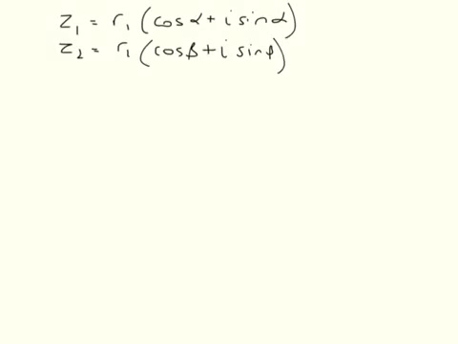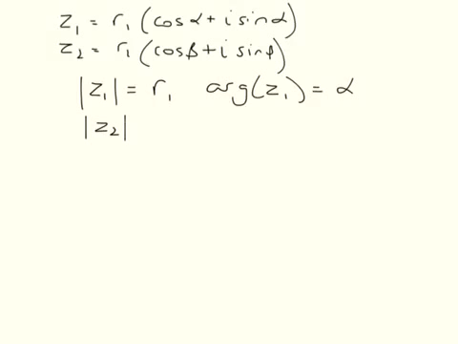If I've got two complex numbers, Z1 and Z2, that are written there, we know from before that the mod of Z1 is R1 and the argument of Z1 is alpha. Similarly, mod of Z2 is R2 and the arg of Z2 is beta. What happens if we wanted to multiply those two complex numbers together? And then when we get the final answer, we can have a look to see what happens with the mod